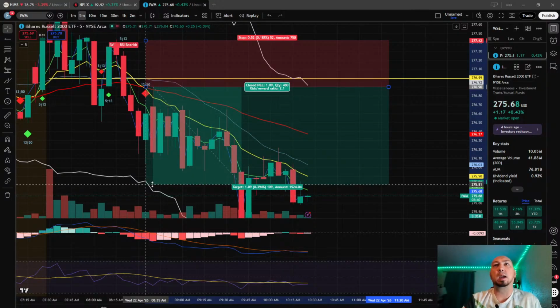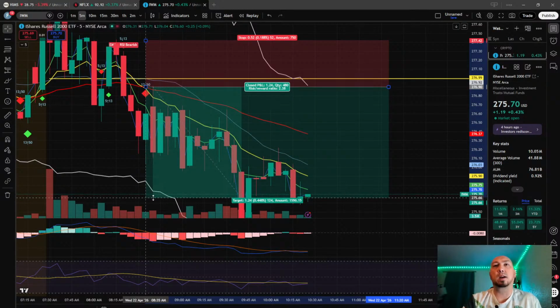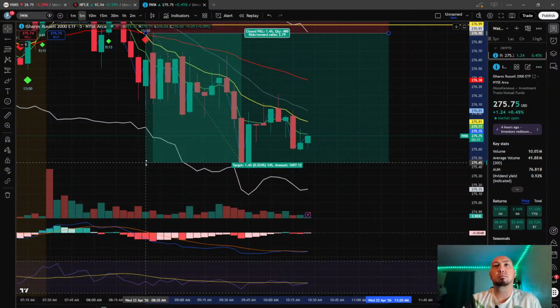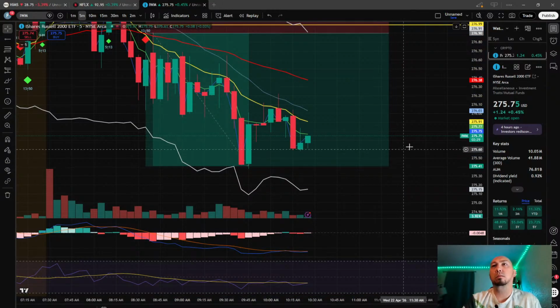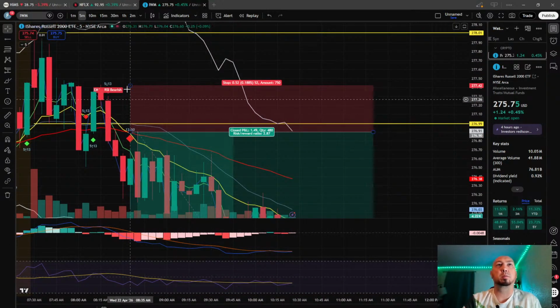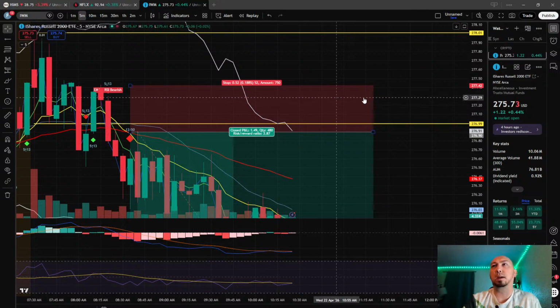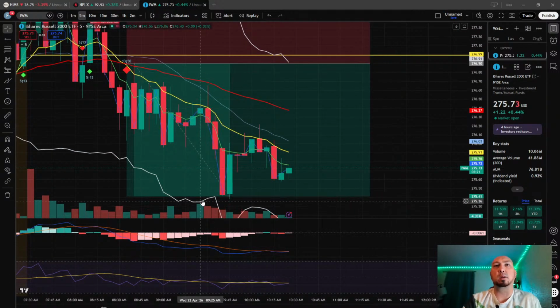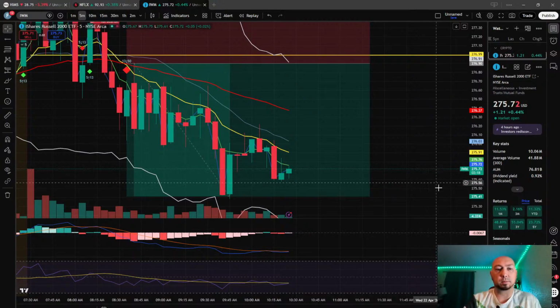I like doing a 0.5 to 1.5 or 2 for my ratio. It just feels like most consistent. So my stop loss would be up here at somewhere in these candles, depends on what your risk tolerance is. And then my profits would be taken down here at the 1.5 to 2 range.